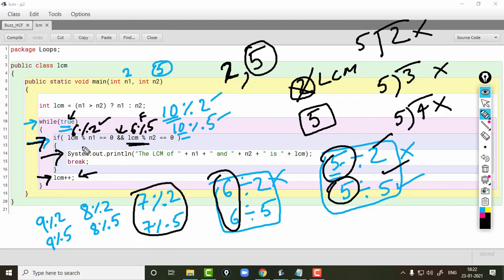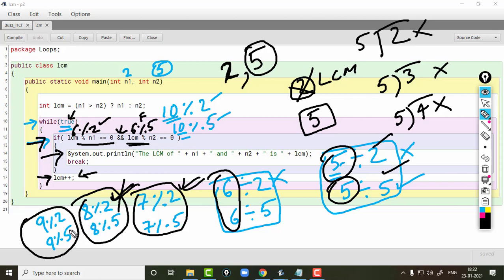Next, the if statement will check this condition. Again it will be false, so control will not enter the if block. Again LCM will increase and the condition will be checked on line number 12 in the if statement, and the condition will be false. Finally LCM will now become 10.